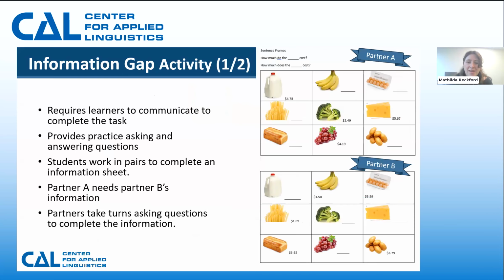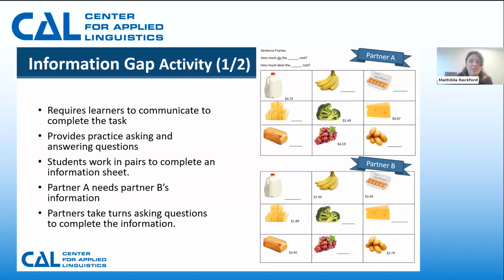And another activity relevant to learners' needs is the information gap activity. So in an information gap activity, students work in pairs. Each half of the pair has a partial set of information and must ask questions to their partner to get the information they need. So you can have students sit or stand ear to ear, but facing opposite directions. This way they can hear each other, but they can't see their partner's paper.